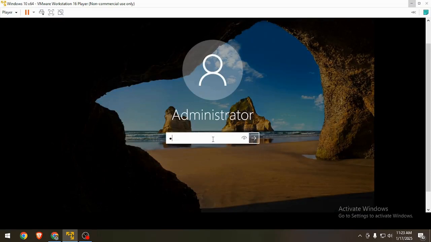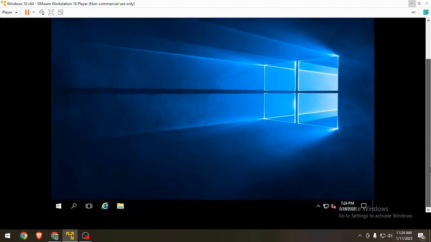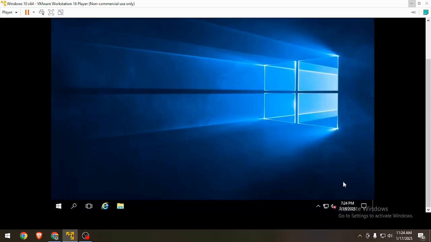Here, let's type in our password. So here is our virtual machine right here.